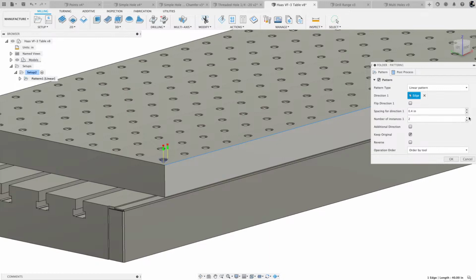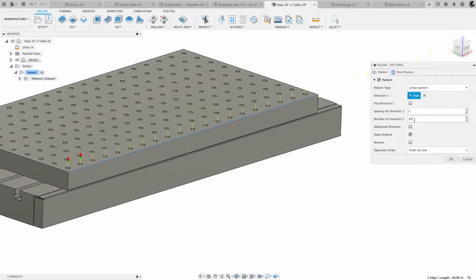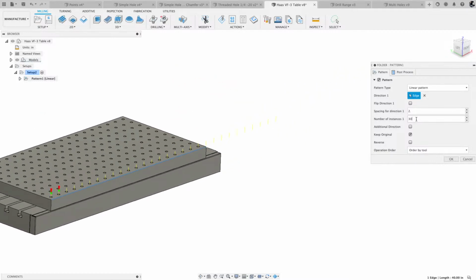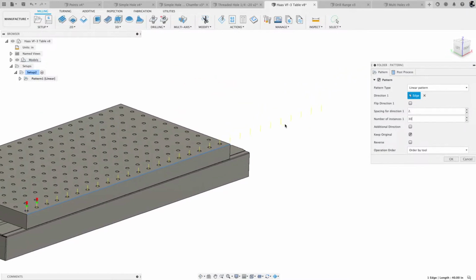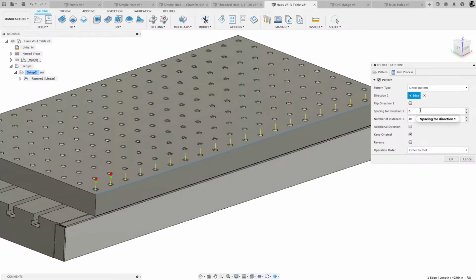And then I can tell it how many instances. I can tell it the distance between the two holes, and the number of holes. And it automatically will give me all those holes. You can kind of see those yellow out there. But you need to know the distance, the spacing in between, and then the number of holes. So I like using the